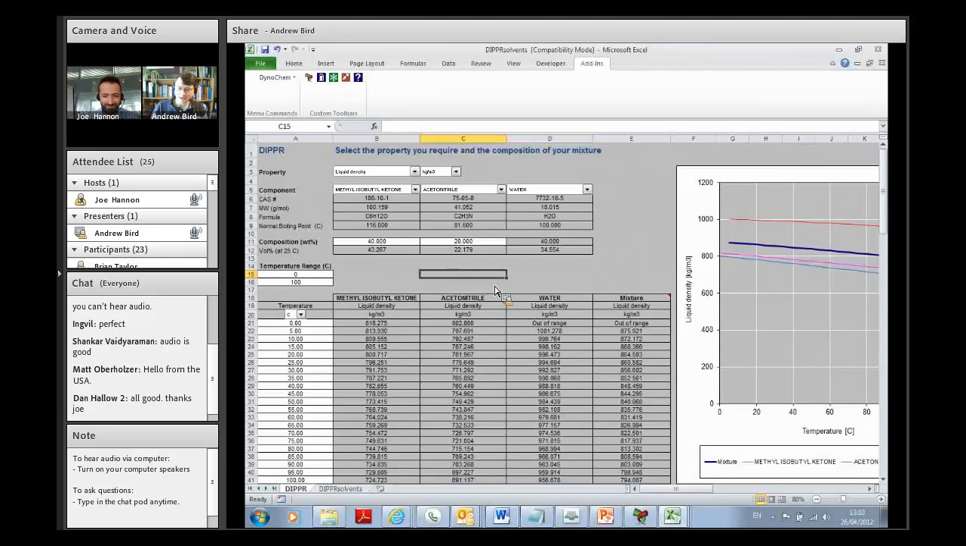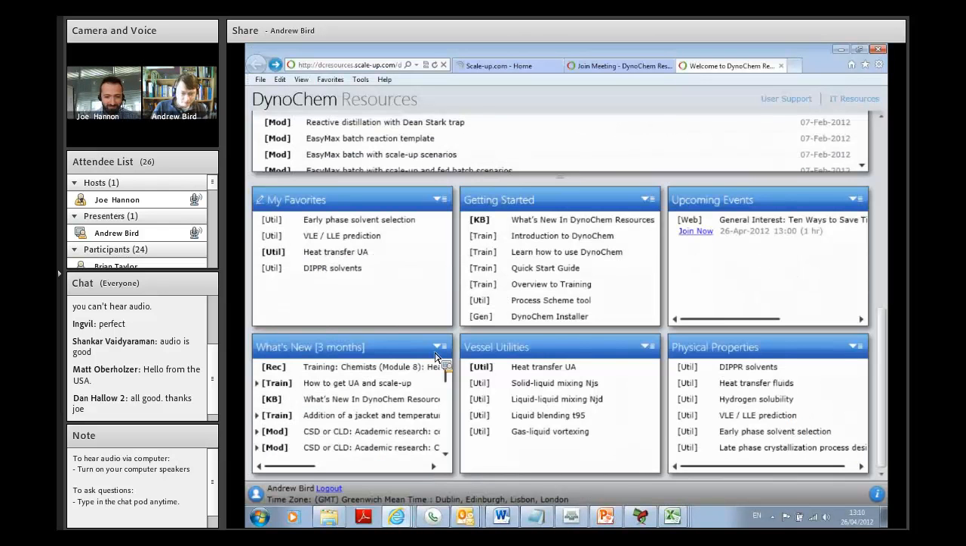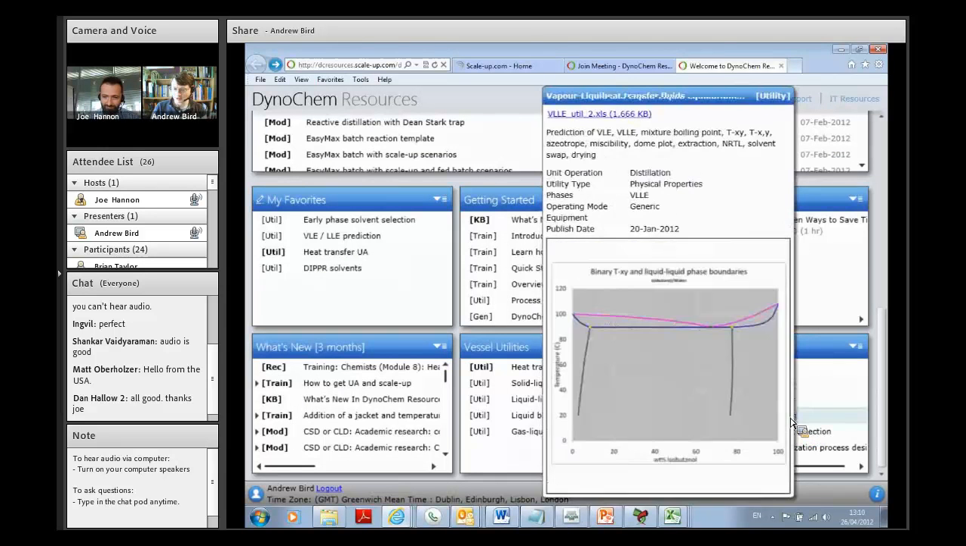Okay, well, I don't think there's any need necessarily to do experiments, because that data is actually available, and we also have a tool in DynoChem for looking at that boiling point as a function of composition. So again, going back to DynoChem resources, you can have a look. Actually, in the same area we just looked at, there's one for VLE. It's called VLE and LLE prediction, but if you read the description, it's prediction of boiling points, etc. So again, you click on the link,